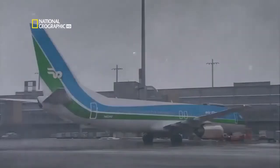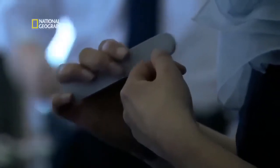At Gate 12, Air Florida Flight 90, a Boeing 737, is held up by the delay. "It seems like every year it gets worse and worse." "Yeah, I know. I can deal with rain, but this snow is..."